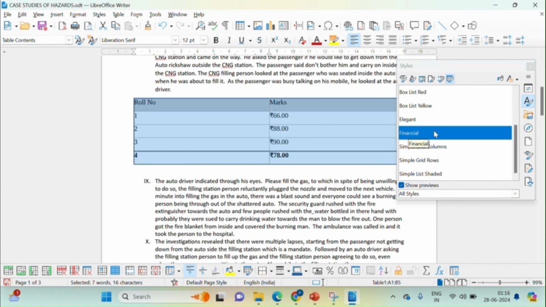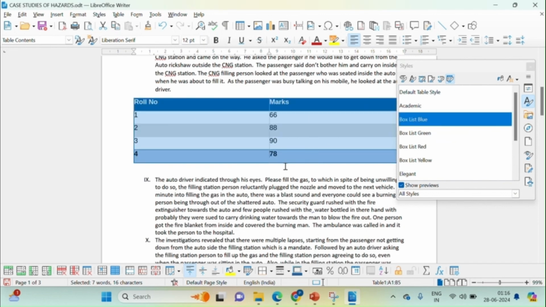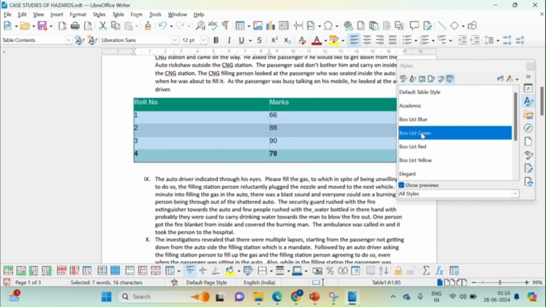As soon as you double click on the financial table style, you will see that the rupee symbol is displayed on all the relevant column data inside the table. So financial is usually used if you are going to mention some monetary figures in a monetary column. For that purpose you can use financial table styles. Otherwise there are endless table styles available, which you can implement as per your choice and need. So that was all about the types of styles and categories that we have implemented.